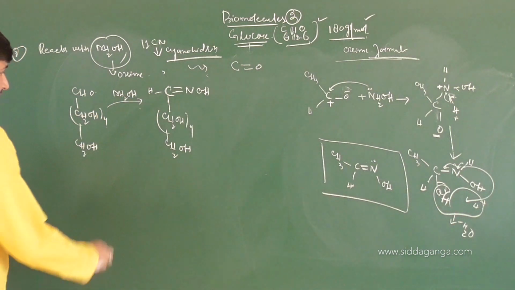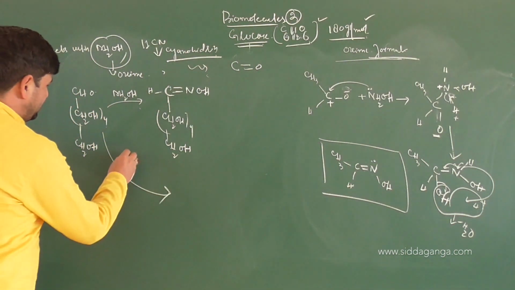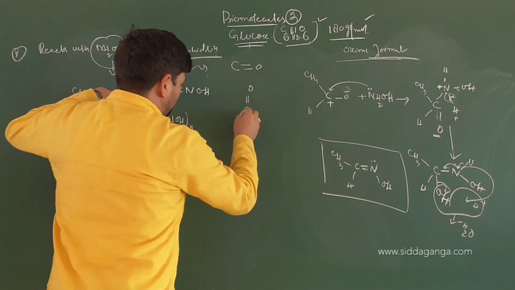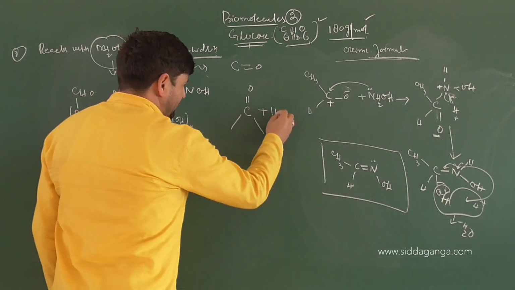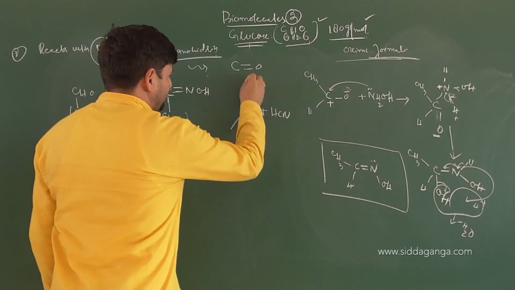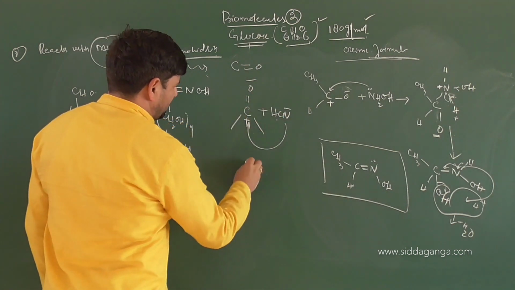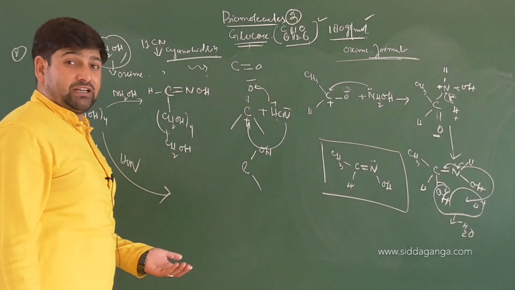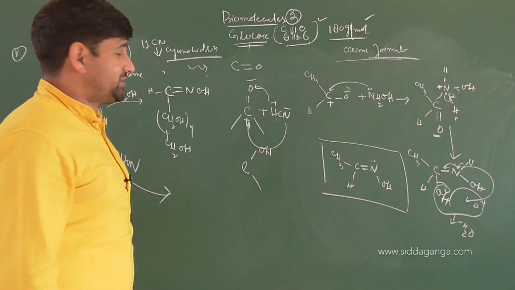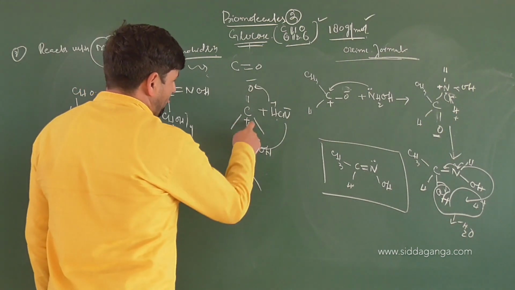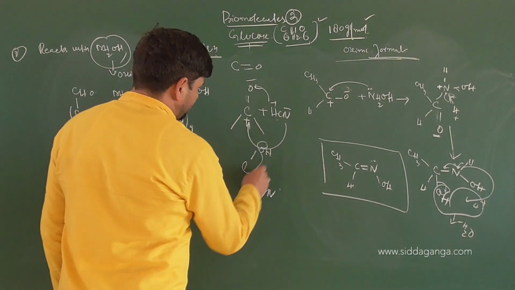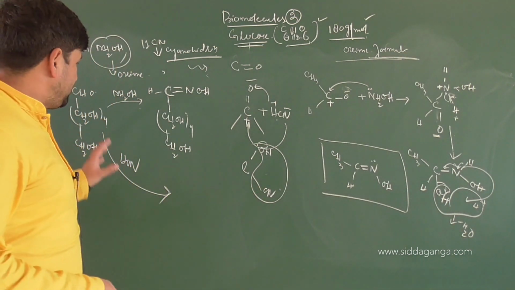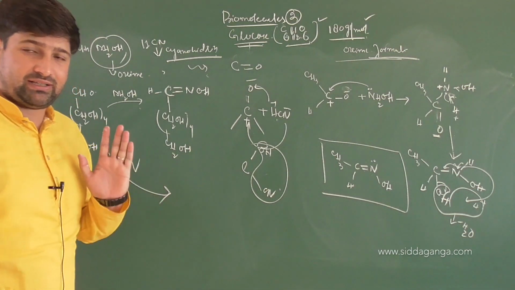Got it? Now if you treat this with HCN, around the double bond, the mechanism is simple. C double bond O, then the other chain is here. When you are adding HCN to it, this is plus, this will be minus, CN minus attacks here. So the molecule will be C, it is plus, attacks O minus, OH. These are basic reactions that you would have done in mechanisms in organic chemistry. So C double bond O, you got carbon and positive charge here attached by what? CN. So you got cyanohydrin as well, with OH and CN attached to carbon. So both of these reactions show that carbonyl carbon is indeed present.